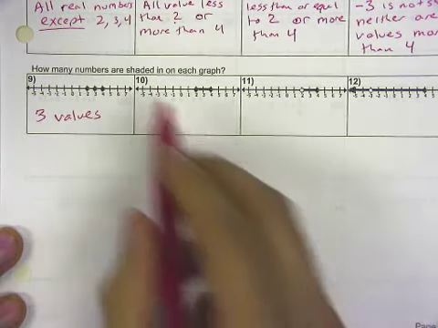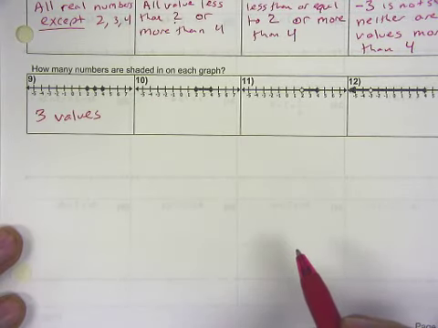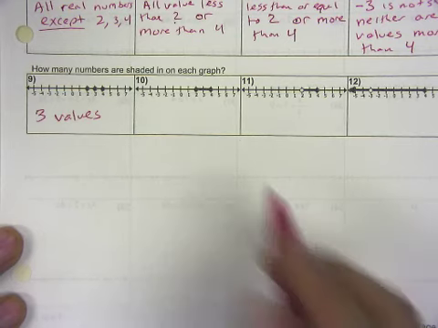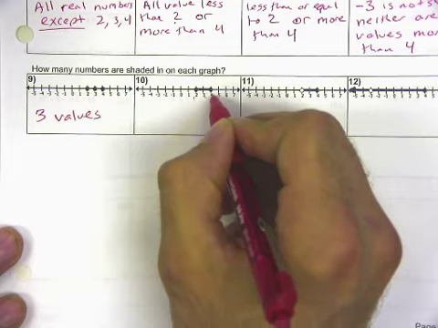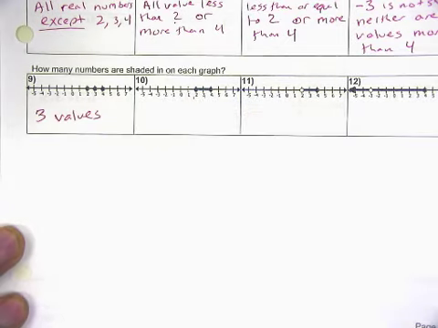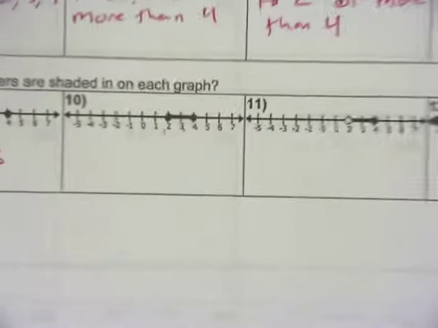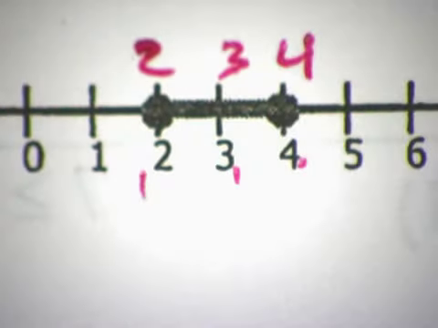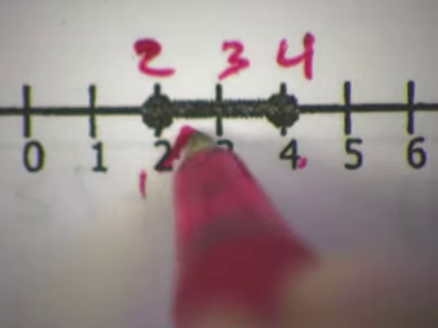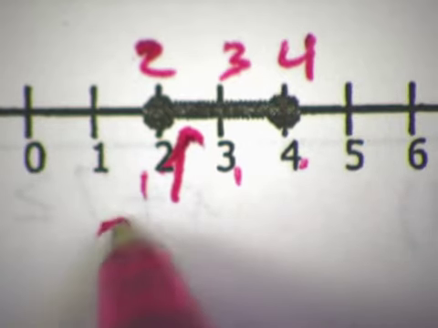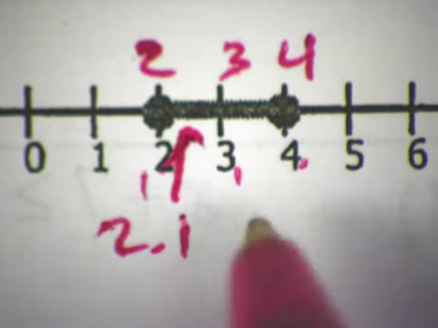All right. How many values are shaded in on number 10? Okay. 3. So it seems like there are just 3 numbers shaded in here, right? But what about the things between, right? If we zoom in on this and we look real close at what's shaded here, sure, we've got 2 is shaded in, we've got 3 is shaded in, we've got 4 is shaded in, but so is that number in there, right? So is 2.1, or 2.12,